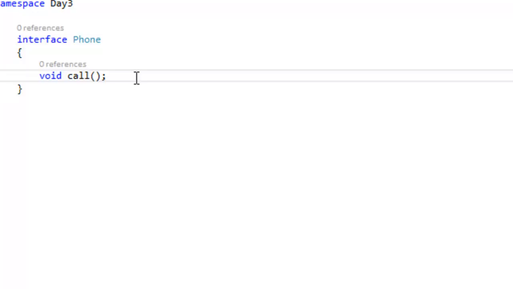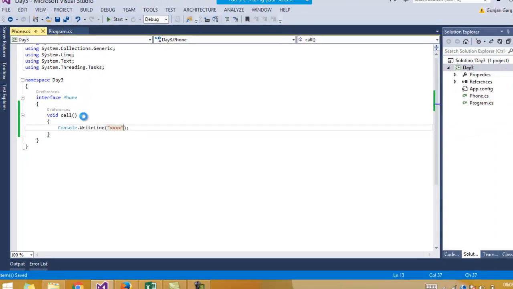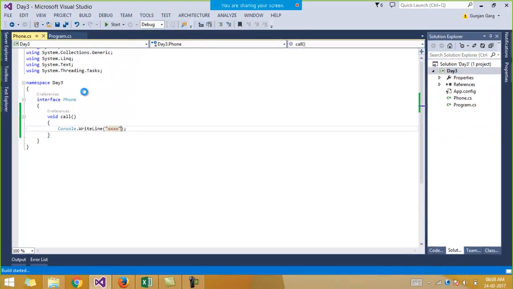That is one point. In an interface you only declare the functions, you do not implement those functions. That is, you will simply have to declare the call function. I cannot implement this function in an interface, right? Suppose I try to implement this call function, and then I build my solution,